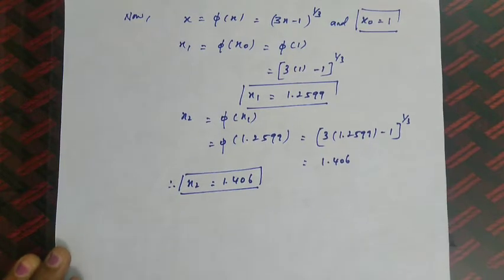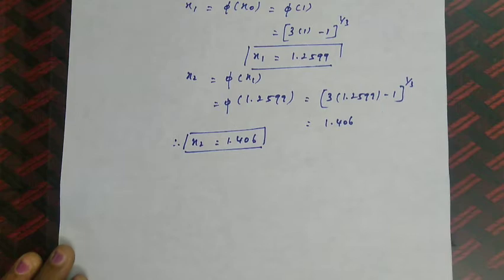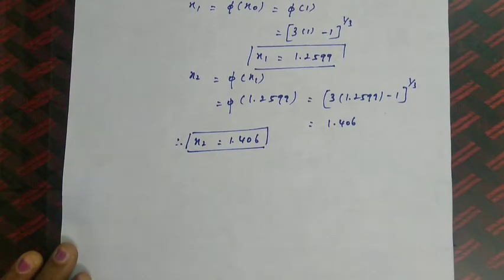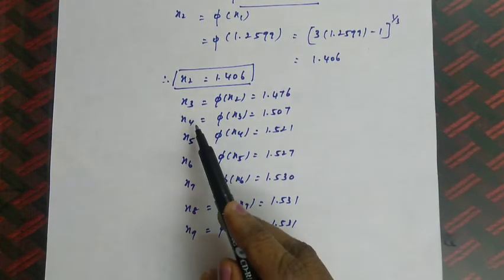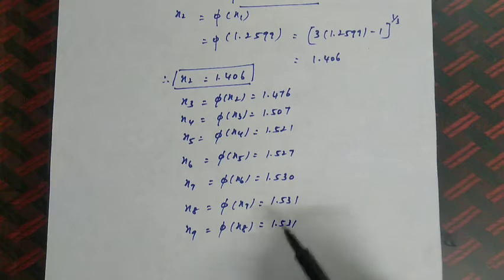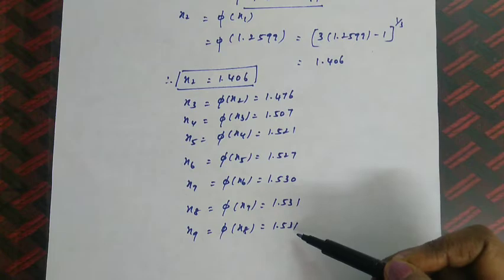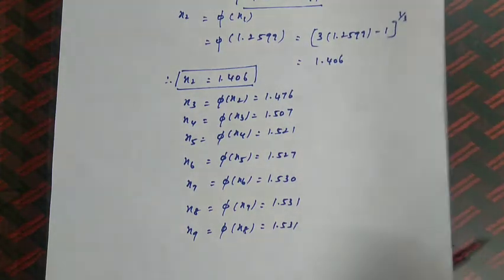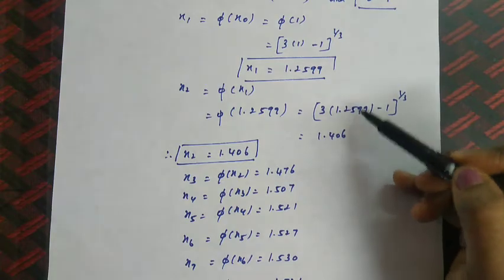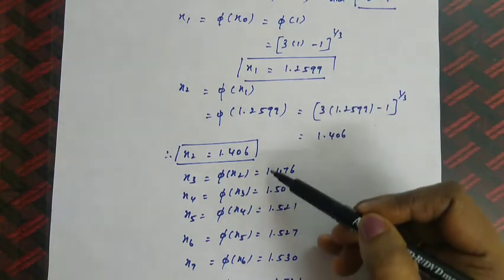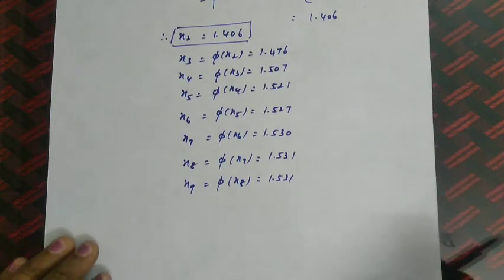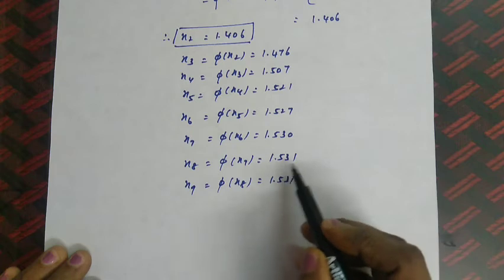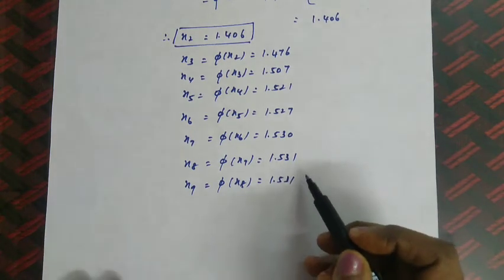We will continue the iteration until we get two consecutive values that are equal. So, after the second iteration we have to find out x3, x4, x5 like that. In this problem we are getting the 8th and 9th iteration values equal. Here I have written all the values directly. Use the calculator and find out like this how we got the value for x1, x2. Likewise you have to complete all the values. You are not supposed to write like this, you have to do like this only. So we can stop the iteration here itself.